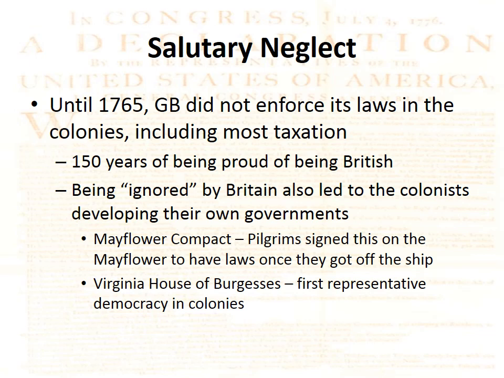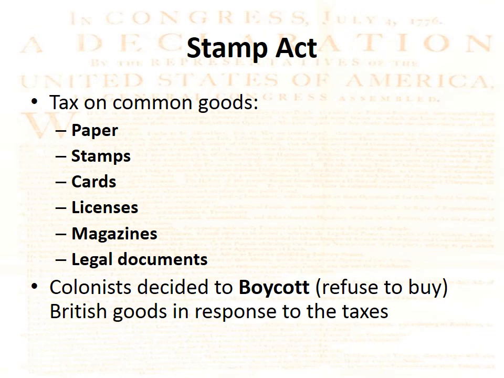And so as early as the Mayflower, you see on the Mayflower Compact, the Pilgrims, before they even set foot on land, decided they wanted to have some sort of law and a way of life that was already written, so they wrote the Mayflower Compact. The Virginia House of Burgesses was the first representative democracy in the colonies. So you can see that the colonists had already kind of set up their way of life, and the Stamp